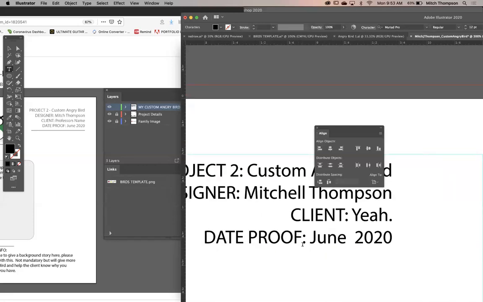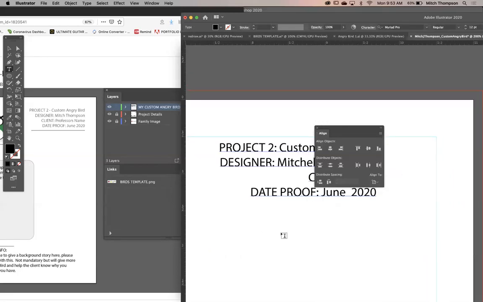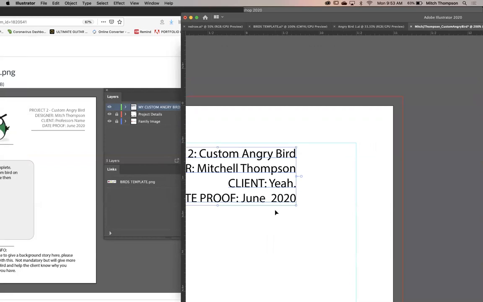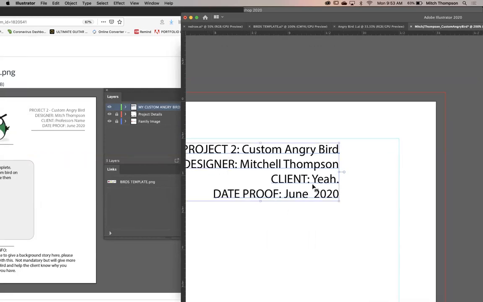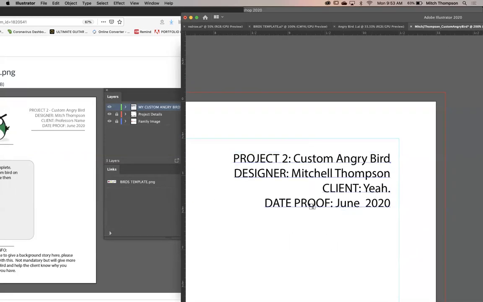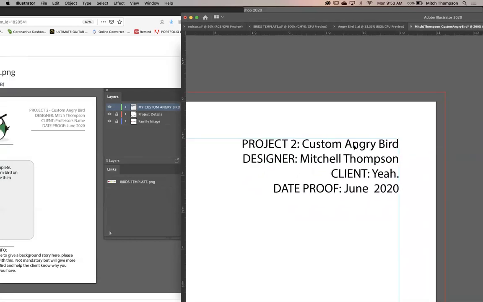Date proof. You could even do revision to June. You don't need to do this, but when you get out there, it's good to know. And then we do June 15th and give it an actual date. For now, I'm not going to ask for that, but just keep that in mind. It's nice to keep track of these because if they all look the same, they're not going to look the same because you're making alterations, but you get the idea. So I'm just using a default font. Myriad's what it is.